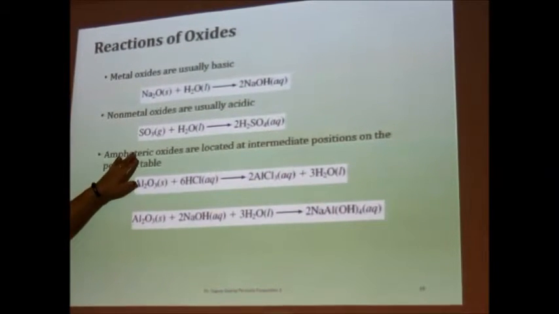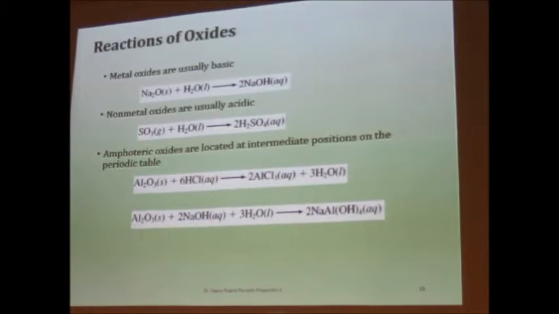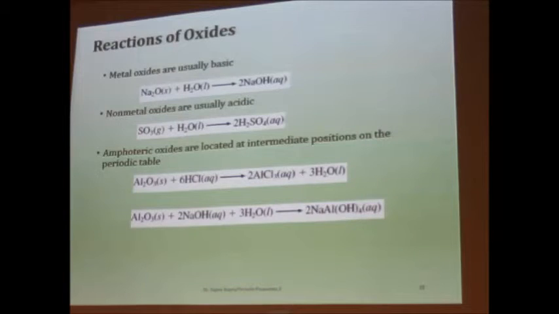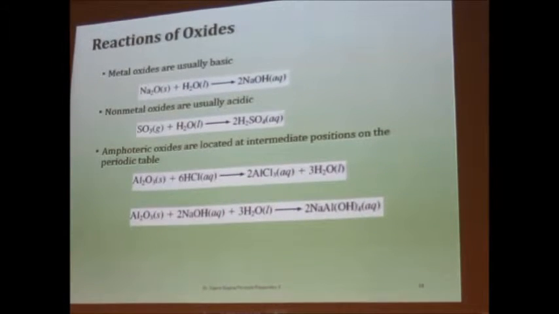Amphoteric, this might be a new word that you're hearing today. Amphoteric actually means something that has the properties of both acids and bases. Water is also an amphoteric substance. So amphoteric oxides will end up giving something that is amphoteric in nature, which is both